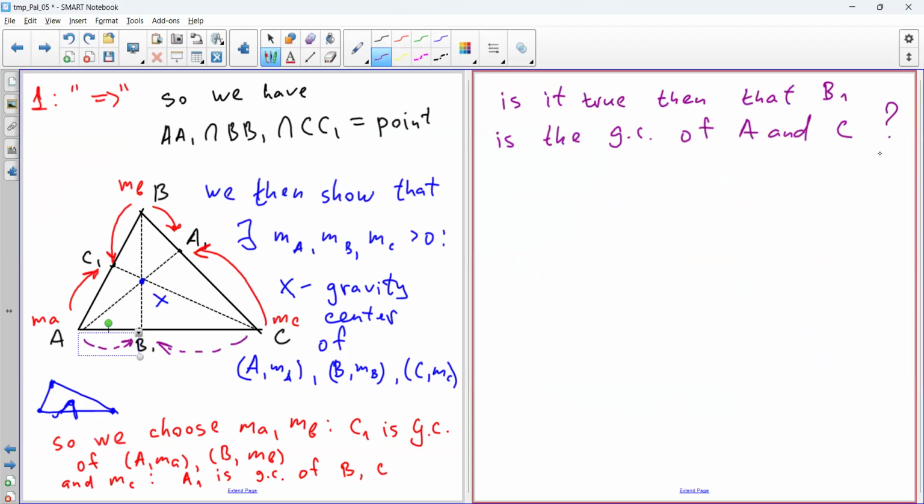We can then say that it is really the center of mass of them, but we can say that without any calculations. Why is that? Probably with very schematic calculations. So if we choose the mass MC in this manner,